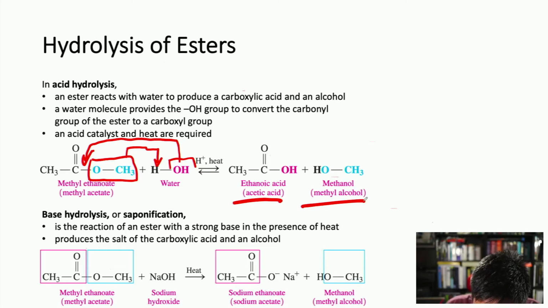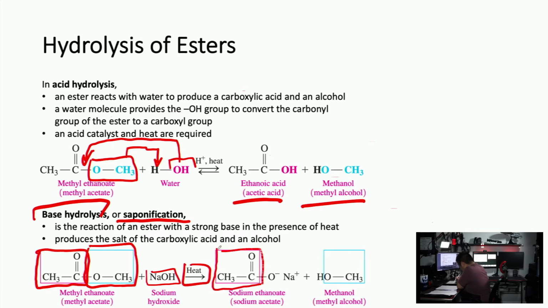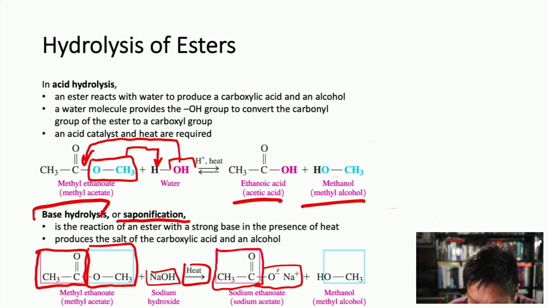So we can do the same thing with base hydrolysis too. This is also known as saponification because this is how they make soap. And in this case, we have here the methyl ethanoate again, or methyl acetate, the same example as above, where this part is the carbonyl part and this part is the alcohol part. We add that to the base, right, with some heat, and the carbonyl part, or the acetate part, right there, combines with the sodium to make sodium ethanoate, the ionic compound that is super soluble in water, and then